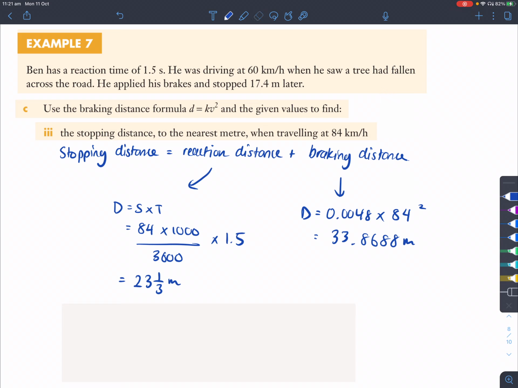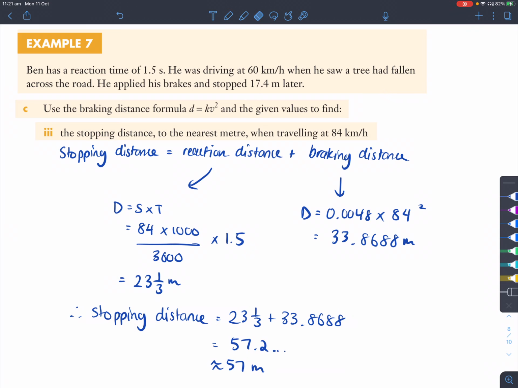So the stopping distance in this case is the two of these added together, and they'll give you 57 meters, approximately. Then for part 4,